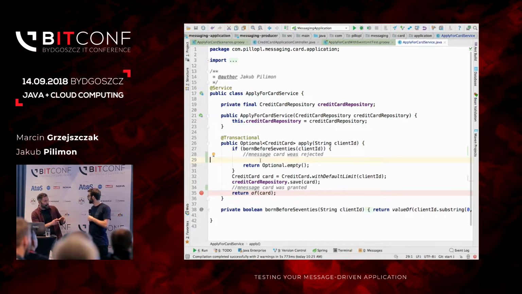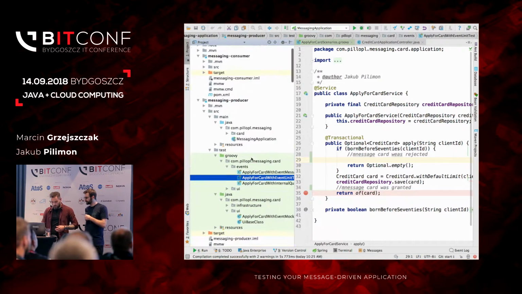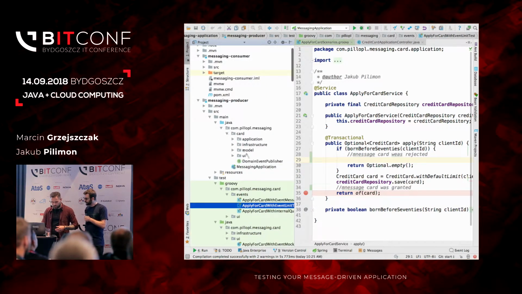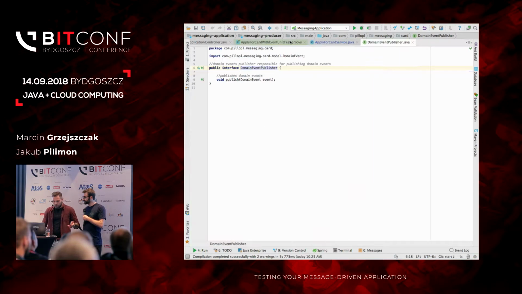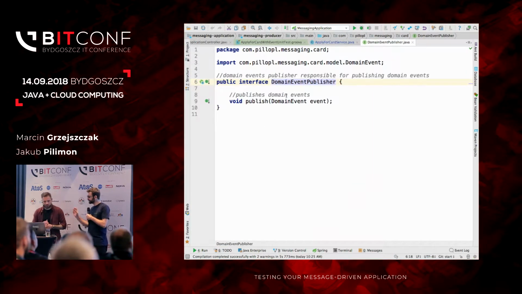Plus, I have seen some work has been done regarding this domain event publisher in your code, probably by you or some of your colleagues. I've added only the Javadocs. Oh yeah, so there is this class called DomainEventPublisher. I added the Javadocs because I didn't really understand what the domain event publisher does. So I wrote that it's a publisher that is responsible for publishing domain events. It has one public method, which says publishDomainEvent, and I wrote that it publishes domain events. So I think now it's clear.